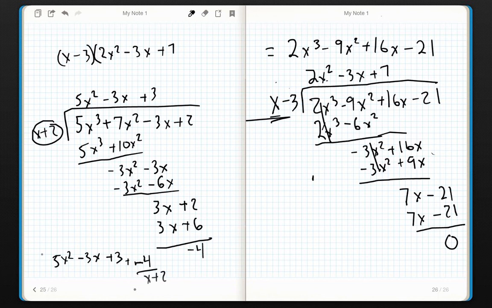So that is what the 5x cubed plus 7x squared minus 3x plus 2 divided by x plus 2 is. That's the answer I get when I do that. That may have been a little confusing, I'm sorry, but that is